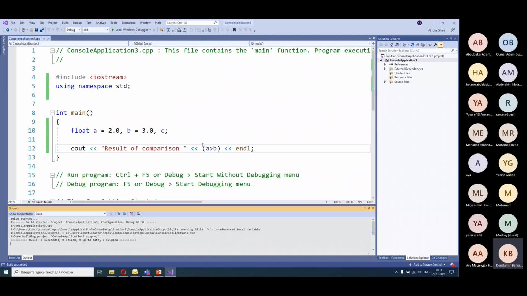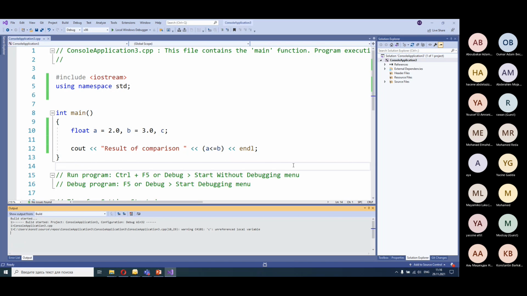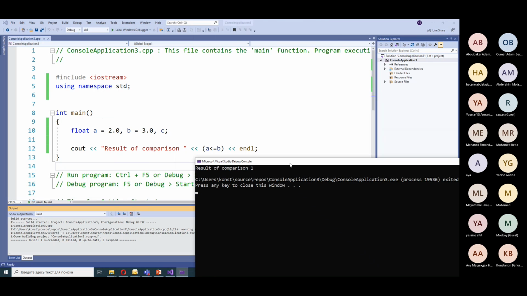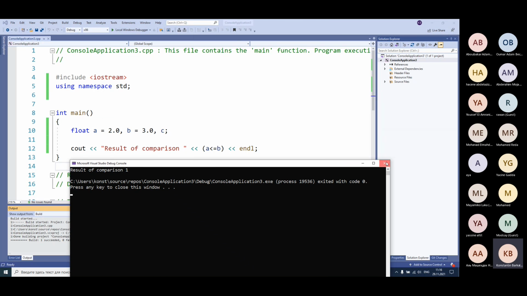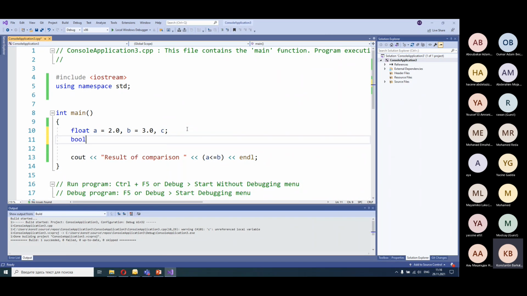If I switch this comparison, for example, into A smaller or equals B, the result is 1. Because the result is 1. We see the integer number,